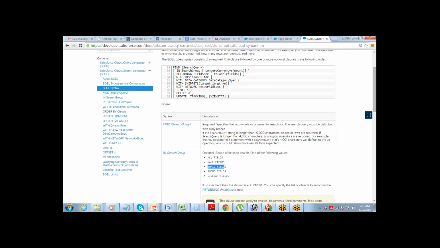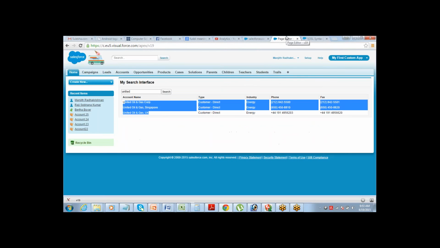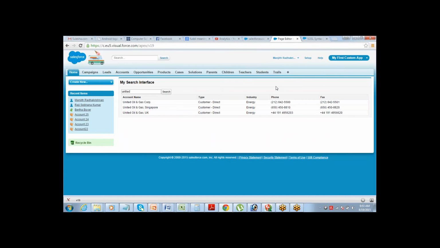What is a sidebar field? The fields which are there in the sidebar, your setup options and all those fields. Clear on this?